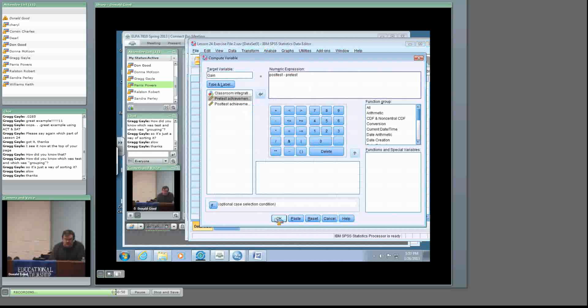So when I click OK, I'm going to see a new column called gain, because that's what I call it. You can call it gain scores if you want. It doesn't matter as long as you know what it is. So when I click OK, as soon as I click OK,